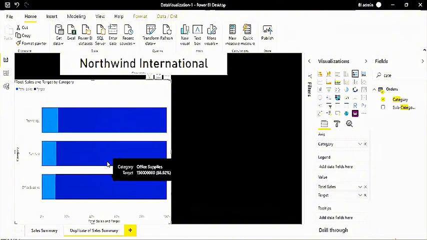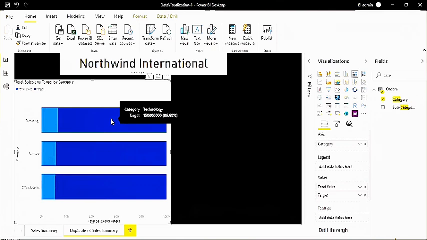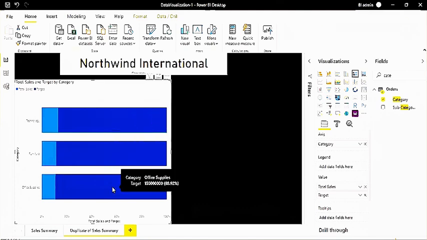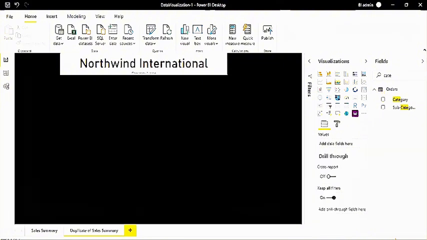Because we don't have that detailed data for target. Category wise target we don't have that. That's why it is showing the target fixed for each category. So when you visualize on an excel level, then this idea would fail. You can't do it unless you have the bifurcation or the detail of this target category wise.